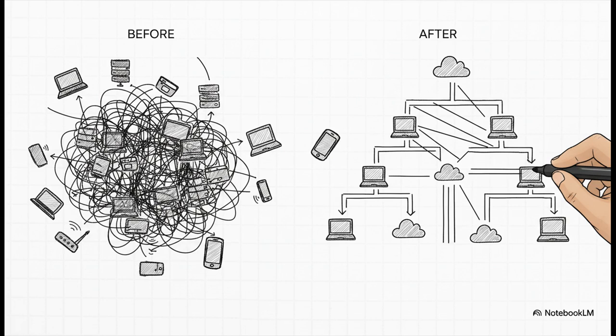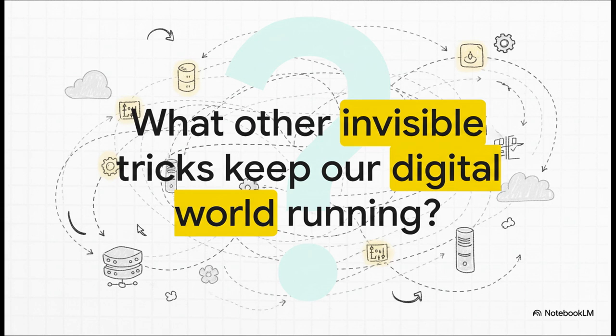It transforms a single, flat, chaotic network into a structured, hierarchical system that's efficient, secure, and can scale up to incredible sizes. And it does it all by simply redrawing the lines on the digital map. This is just one of many elegant, invisible solutions that make our modern internet actually work. It's a real testament to clever problem solving, and it just leaves you wondering, what other hidden architectures and ingenious tricks are out there, quietly keeping our entire digital world from falling apart?